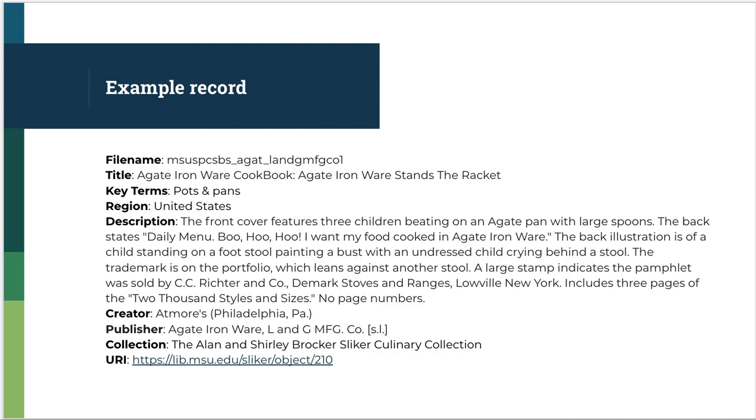Here is an example record. I have 3 slides for my example record. The first 2 slides show the descriptive metadata for my example record, and the third slide shows the administrative metadata for my record. So in my descriptive metadata, I have file name, title, key terms, region, description, creator, publisher, collection, URI,